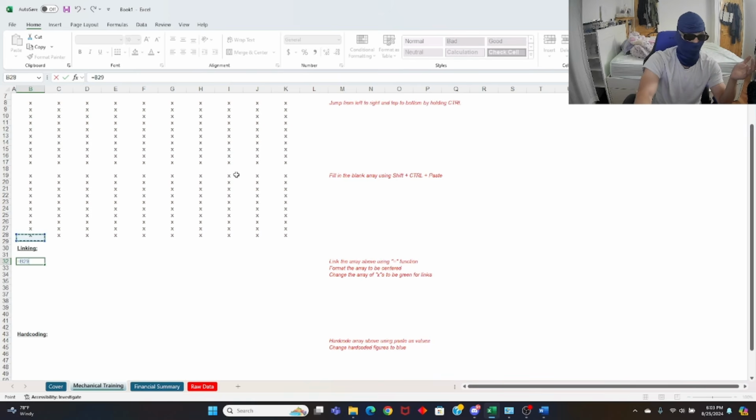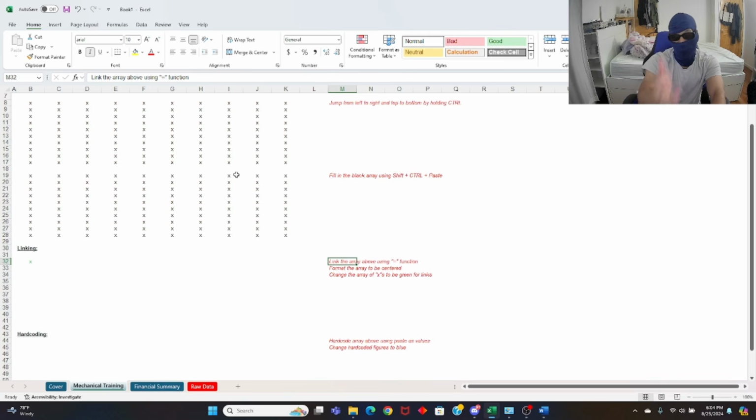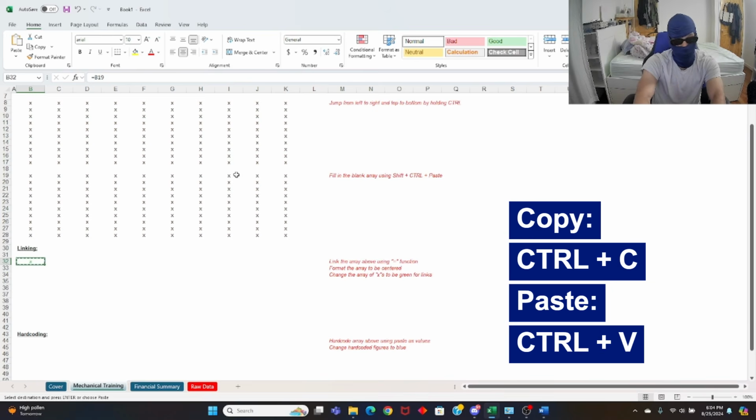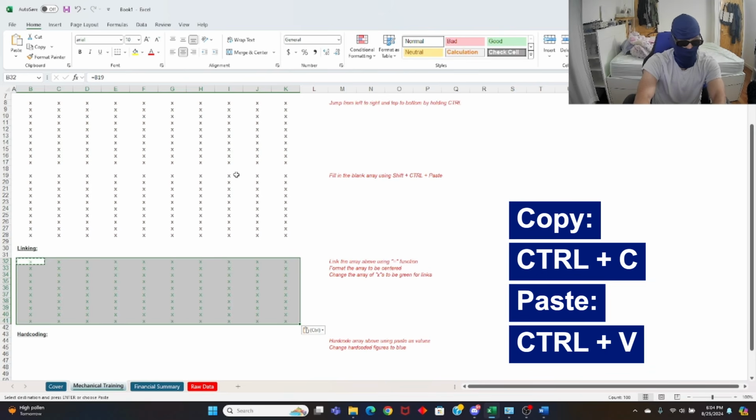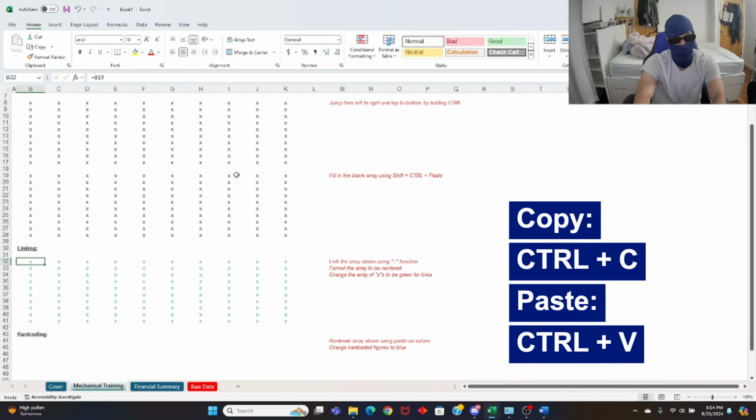So let's say we're going out to cell B19, enter, right? Boom, there's the link, right? And now it's in green. We're gonna remove the color real quick afterwards, but now we're linking that array. And what this instruction is telling you is that we want the entirety of the array. So you're gonna repeat what we did. So now you've linked the formula, your formula is created, and you're gonna copy, go all the way to column K, go all the way down, paste, right? And there is your array.